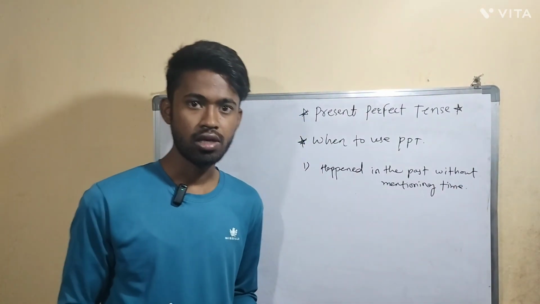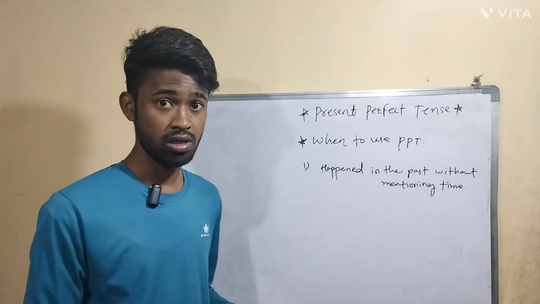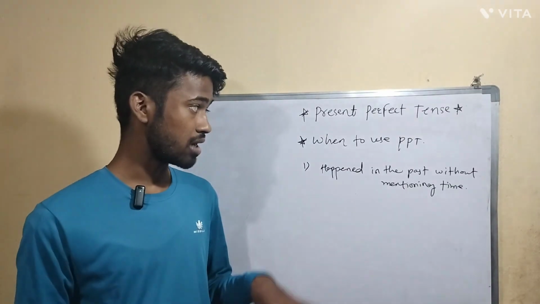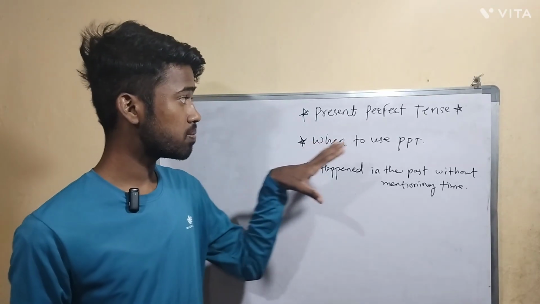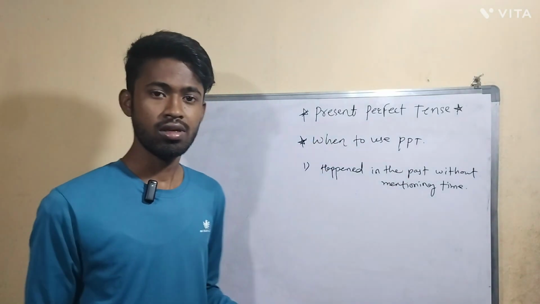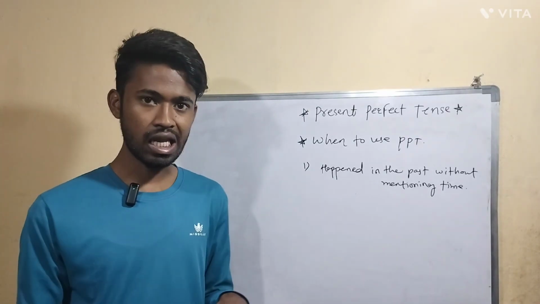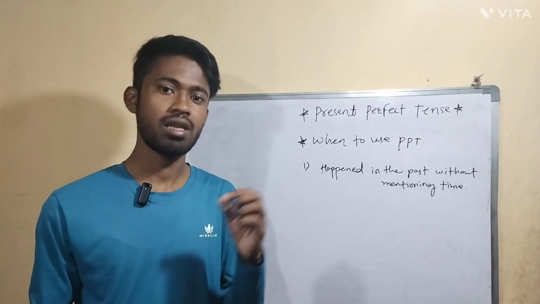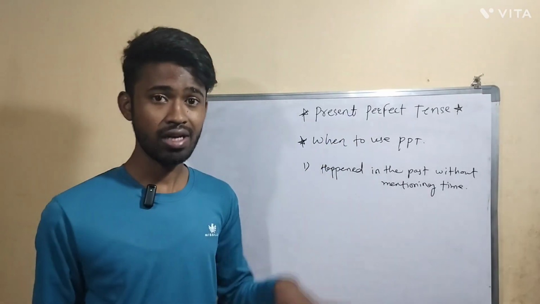So you watch movies, right? How do you say it if someone is asking, have you watched this movie? Here that action is already completed in the past, still we use the present perfect tense. How do you answer? Yes, I have watched that movie. So here you are telling that you watched that movie and the action was in the past, but still you are using present perfect tense.